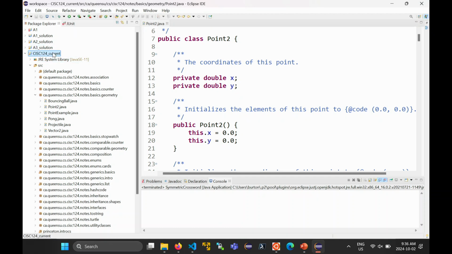And so if you look at the source code that's provided with the course, so this is the project containing all of the Java source code that accompanies the notebooks, you'll see that inside, there's packages that are named ca.queensu.cs.sys124, blah, blah, blah. Right? The package names are very long. If you look on my computer, because I have the source code installed on here,